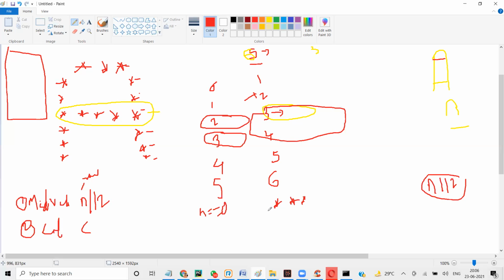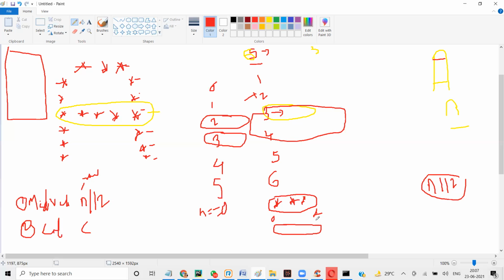And those stars will come after a space. So first is a space, and then you have stars. So this also we got. Your first row is a space plus C minus 2 stars. Then for the mid value, at n by 2, it is C number of stars, and in the rest of the places it is 1 star in the first position and 1 star at the last.